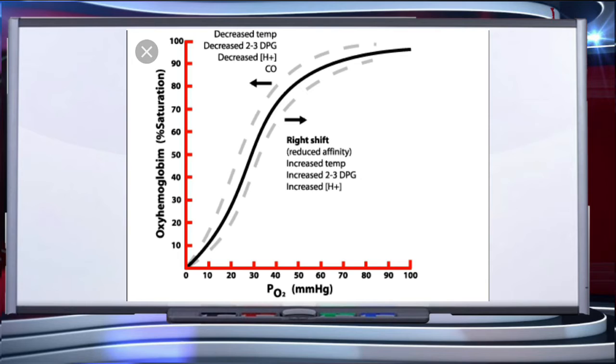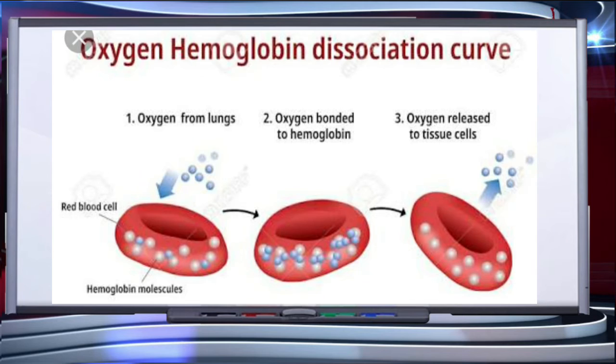This curve is highly useful in studying the effect of factors like partial pressure of carbon dioxide, hydrogen ion concentration, and temperature on binding of oxygen gas with hemoglobin. In alveoli, where there is a high partial pressure of oxygen gas, low partial pressure of carbon dioxide, lesser hydrogen ion concentration, and lower temperature, the factors are all favorable for the formation of oxyhemoglobin. This clearly indicates that oxygen gas gets bound to hemoglobin in the lung surface and gets dissociated at the tissues.